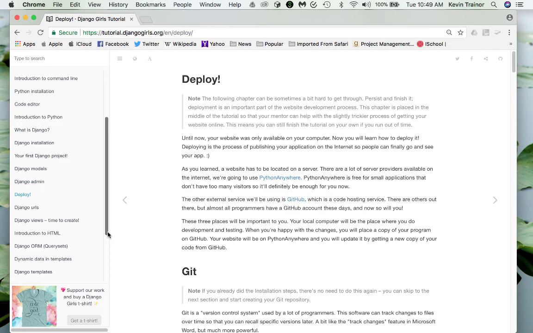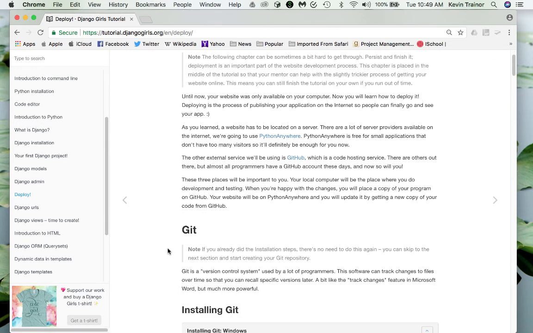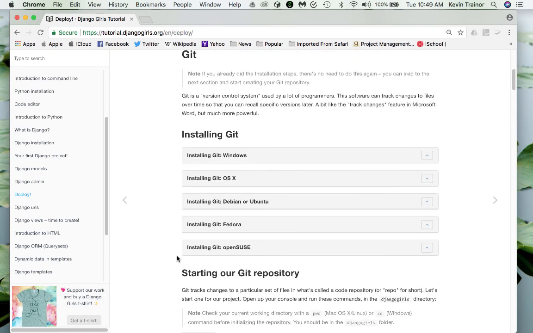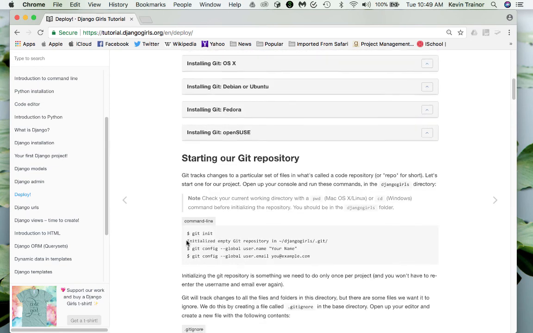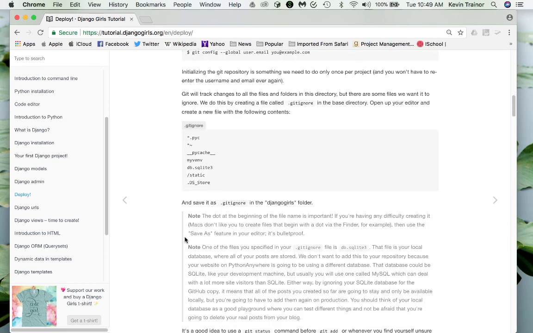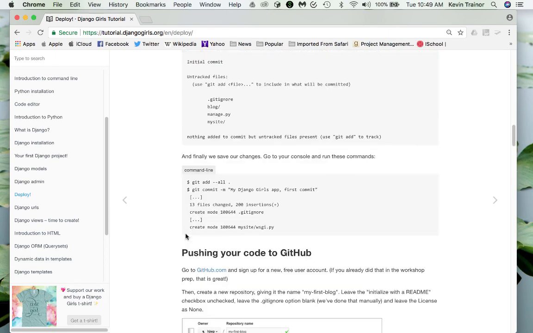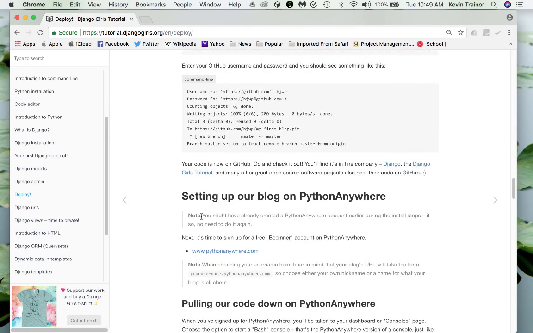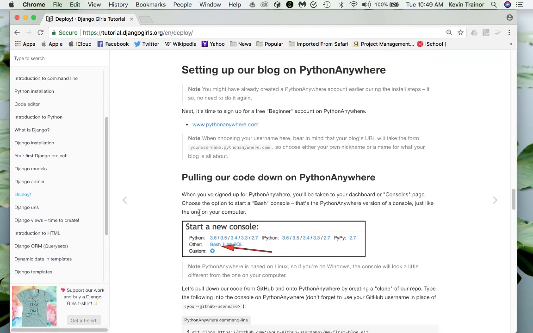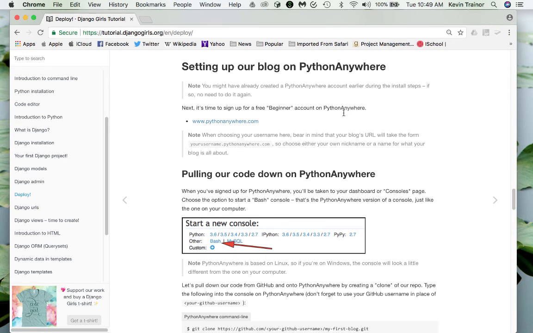Now, first of all, you're going to need an account at Python Anywhere. Where's that? That's pretty far down on the deploy step, but since it's kind of important to have an account, I want to make sure you get it. There's a place called Python Anywhere. It's a nice